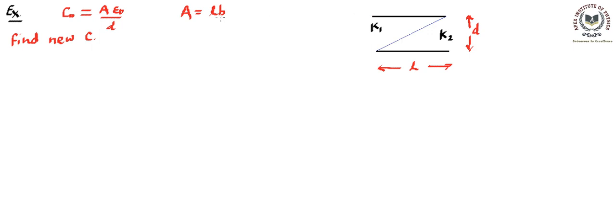Making sense? Now, if we separate these two in such a way that one is filled with K1 and another is filled with K2, then it will be very difficult for us to find the capacitance, because then the plates will not remain parallel plates, as this dividing line is neither parallel nor perpendicular to the plates. So we are going to use the finite element method to find out the capacitance of this part. How we can use this finite element method, you can see over here.